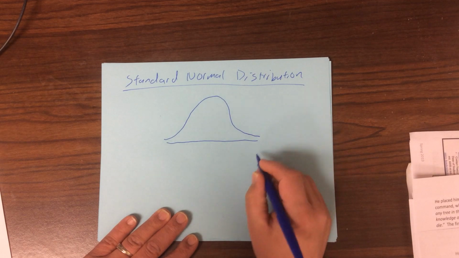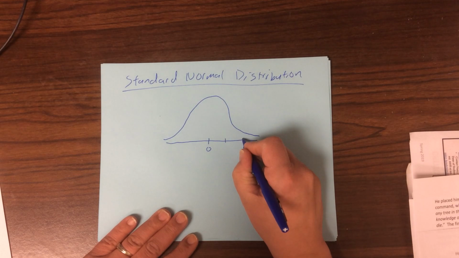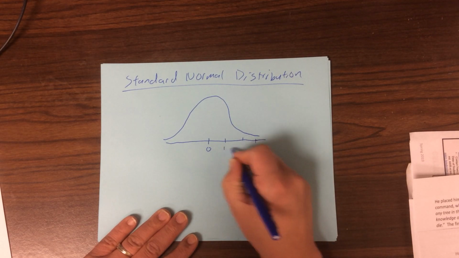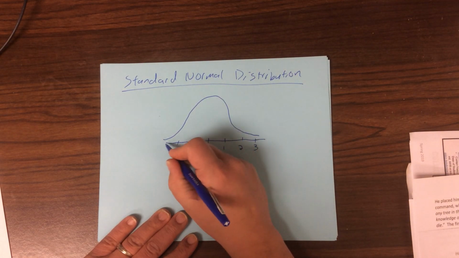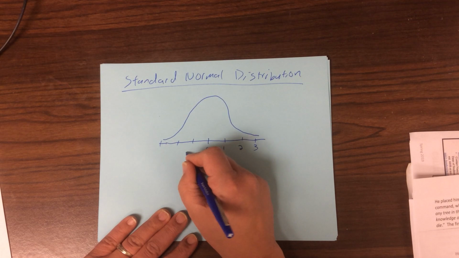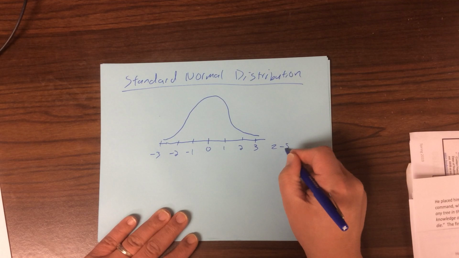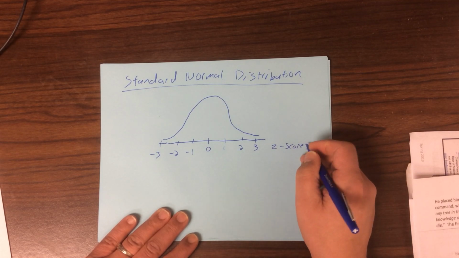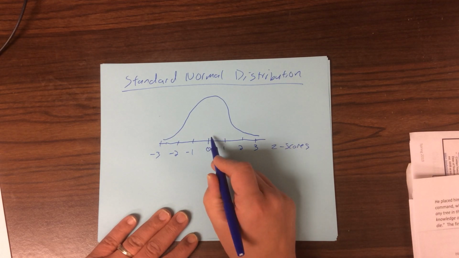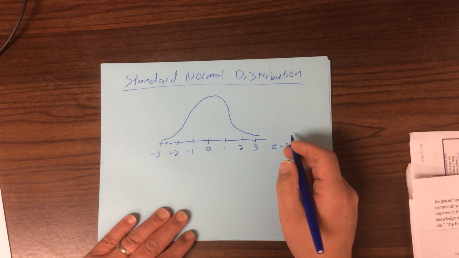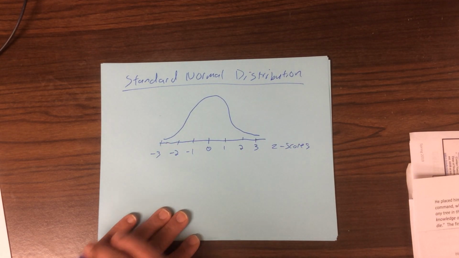Okay, so the standard normal distribution is a normal distribution that has 0 in the center, and along the bottom are the z-scores. 1, 2, 3 standard deviations above the mean. 1, 2, 3 standard deviations below the mean. So -1, -2, -3. And so these are the z-scores. Okay, you can also think of it as a normal distribution with a mean of 0 and a standard deviation of 1. Okay, but the idea is this is a normal distribution that has z-scores along the bottom, as opposed